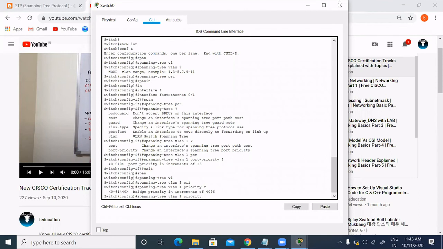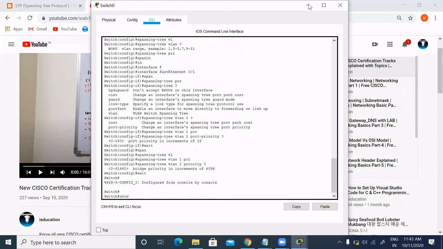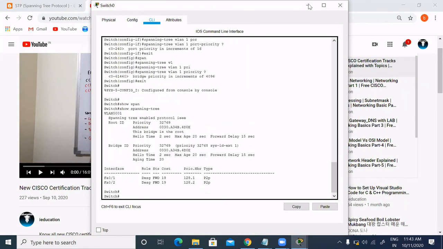For STP, you need not do anything because by default it runs. You need not configure anything, but STP should be enabled. The rest of the things will be done by default. With the show spanning tree commands, you can check all the things about STP running on your switch.